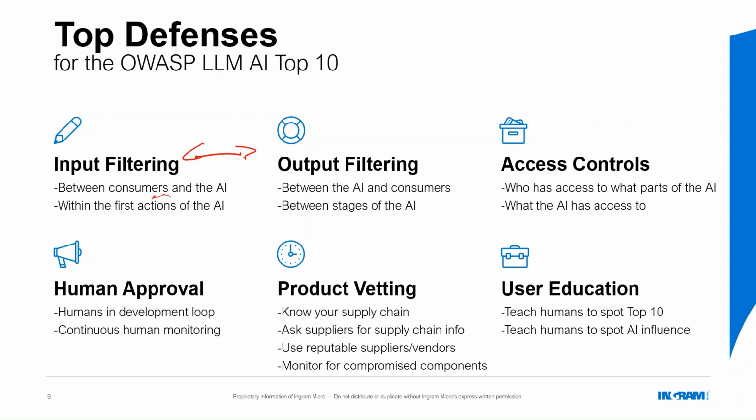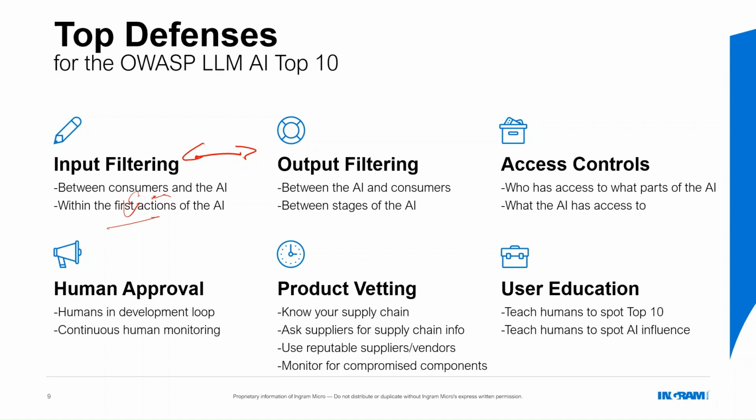Now, a consumer of the AI could be one of your employees consuming an AI that you have to help with help documents, or it could be a chatbot on your website for your end user or something like that. A consumer is just someone who is interacting with the AI. And it can also be the first time the AI interacts with itself. So the consumers put something into the AI. After it's put in, the AI takes the first action on it before it really inputs into the model.